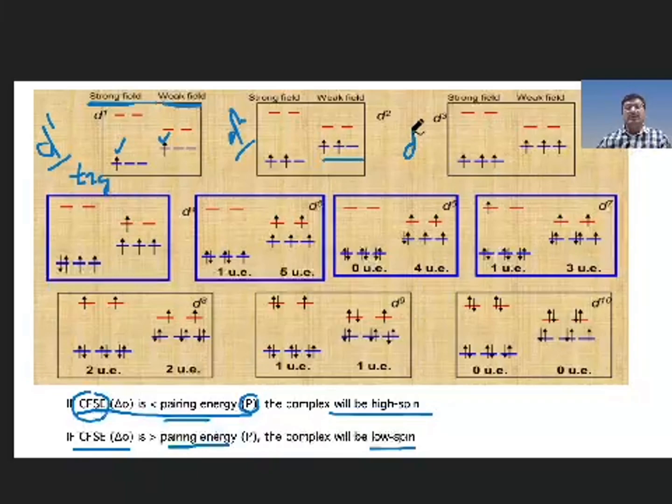Let us come to the d3 electronic configuration. In the strong field, three electrons go to t2g only, and in the weak field also, the electrons go to t2g only. That means in the case of d1, d2 and d3, there is no change in the electronic configuration between strong field and weak field. But when you come to the d4 electronic configuration,